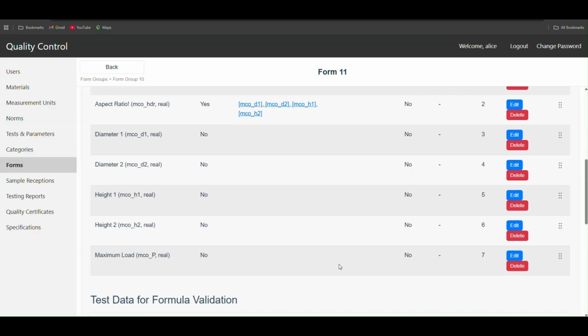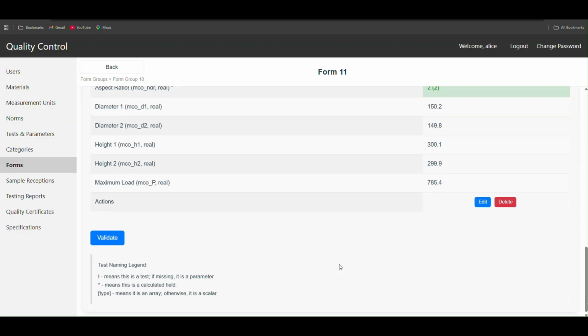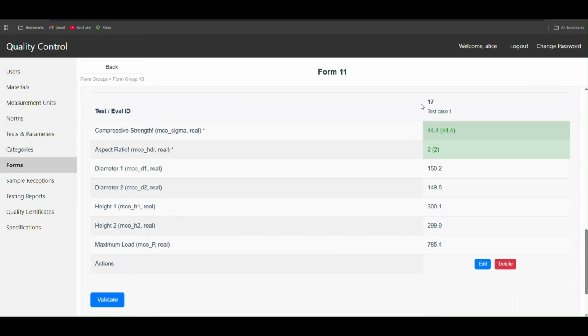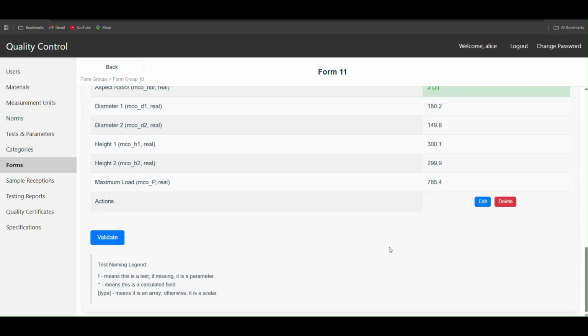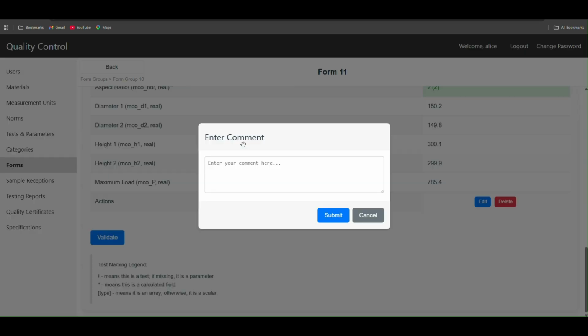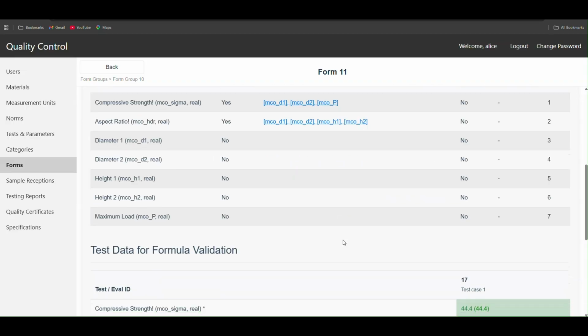This is the form. This is the definition of the testing form. It has been validated with some test data, and now we can validate it. Optional comment. And let's submit it. Okay, now we can use this form,